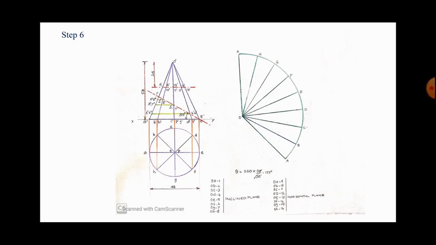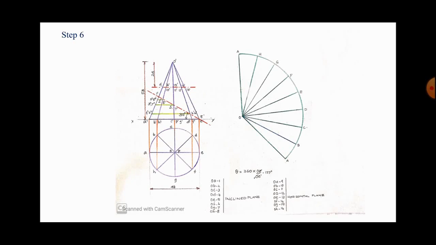Next point, that is 2 dash and 8 dash, is along OB and OH, but it is not the true length. So you have to project 2 dash and 8 dash to the true length, that is to OA. I am marking it in green. I marked 3 green lines. One is from 2 dash 8 dash, another from 3 dash 7 dash, another from 4 dash 6 dash. And you have to measure the distance from the point O dash to those points, that is 2 double dash 8 double dash. Similarly, 3 double dash 7 double dash, 4 double dash 6 double dash.